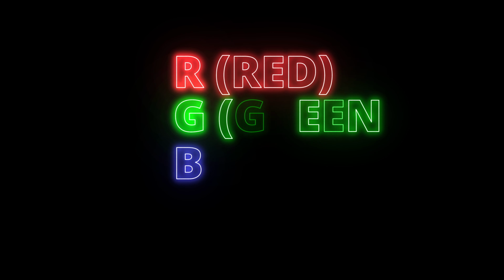Most digital screens display colors using a system called RGB, which stands for red, green and blue. Each pixel on your screen is made up of 3 tiny parts called subpixels: 1 red, 1 green and 1 blue. These 3 subpixels can light up at different brightness levels. By adjusting how bright each one is, the screen can create millions of different colors through a process called